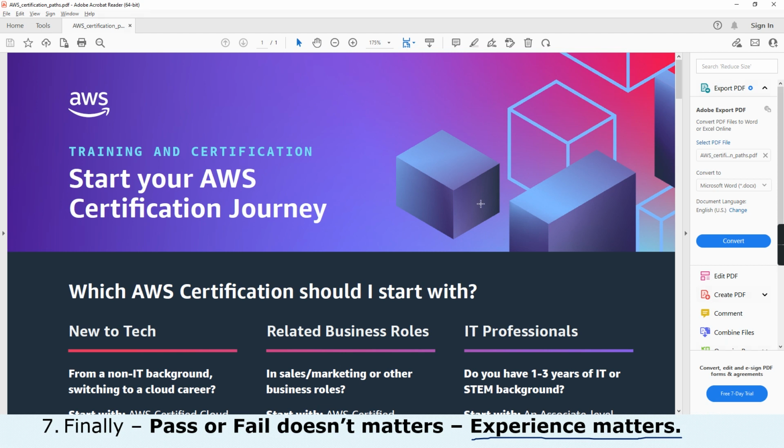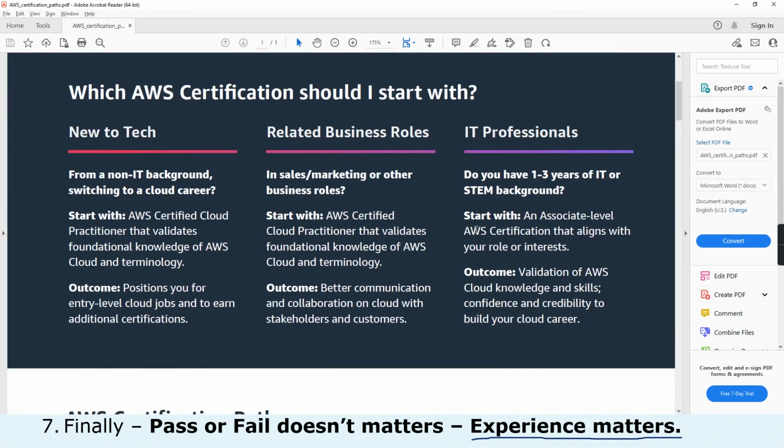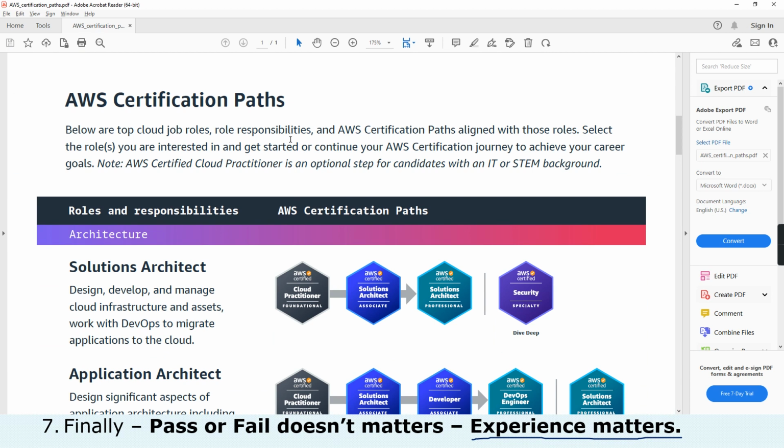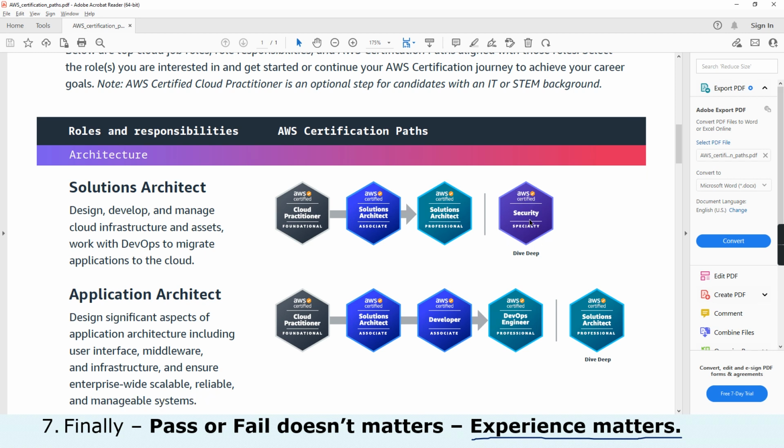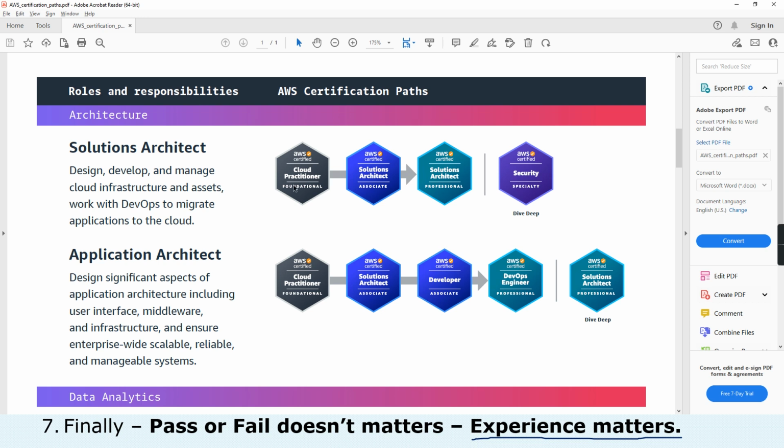Now, as we already discussed, here is the AWS certification journey, the certification paths, which were recently introduced by AWS. Here you can see the various different specific tracks. Say I am a solution architect, what are all the AWS certifications which I can take? So this is the journey for you. You can start with Cloud Practitioner, and then you can write the SA Associate, then the SA Professional. If you want to dive deep, then you can write the Security Specialty. This is how they put it together.